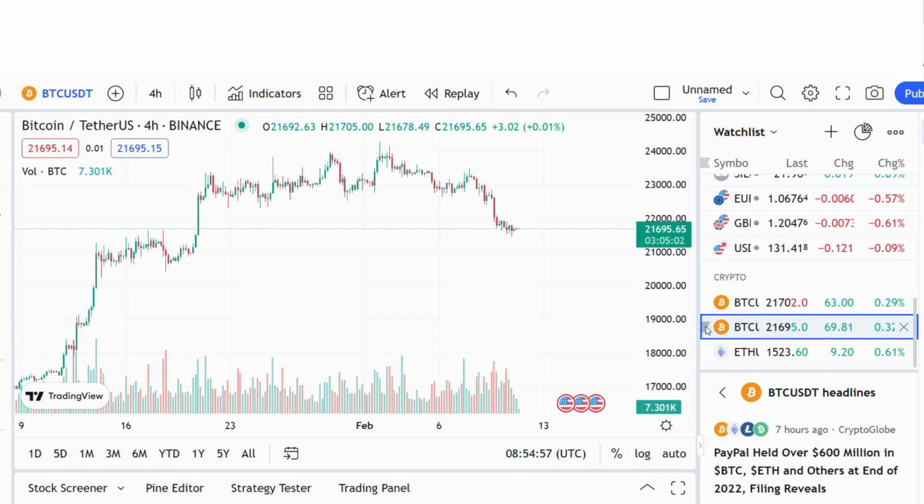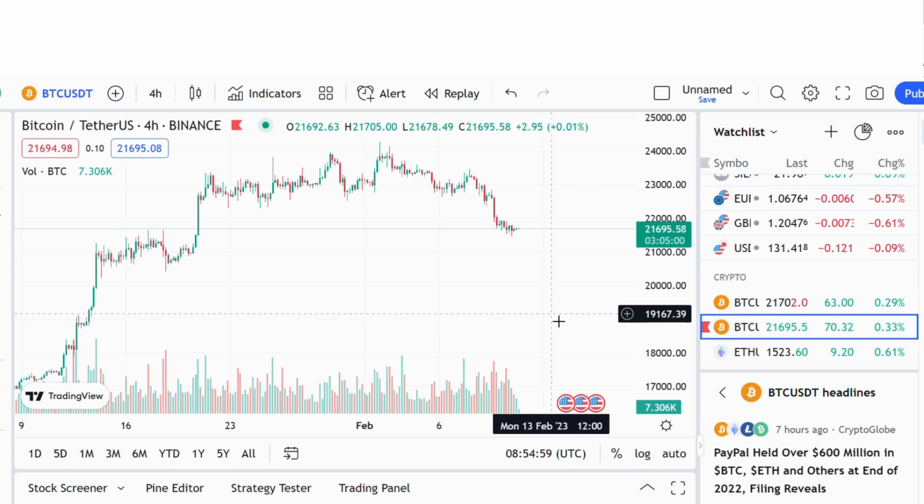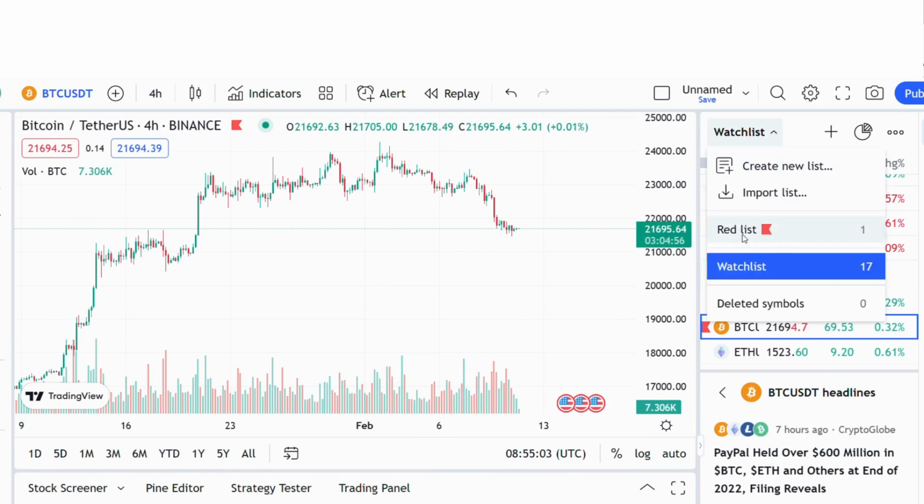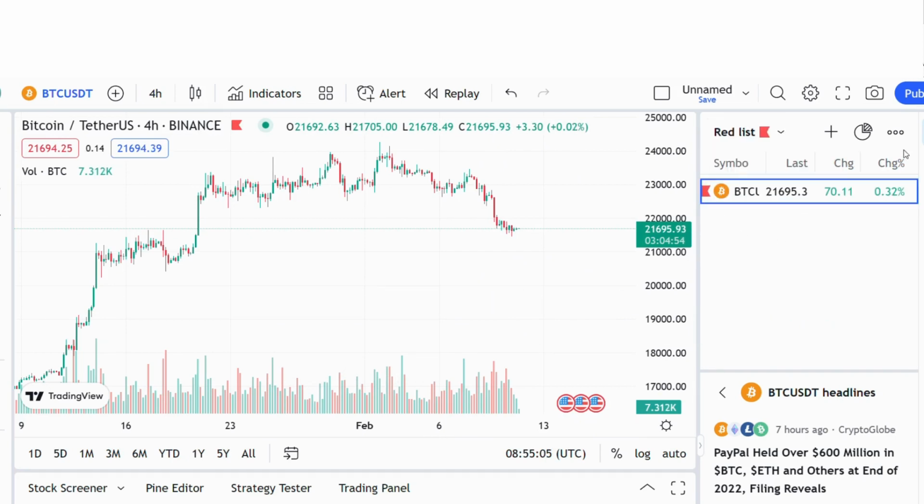If you want to highlight that one, you can red flag that icon. That will help for easier finding and sorting. So you can sort the function. If you're regularly coming back, that will make it easier, especially when you have several charts set up.